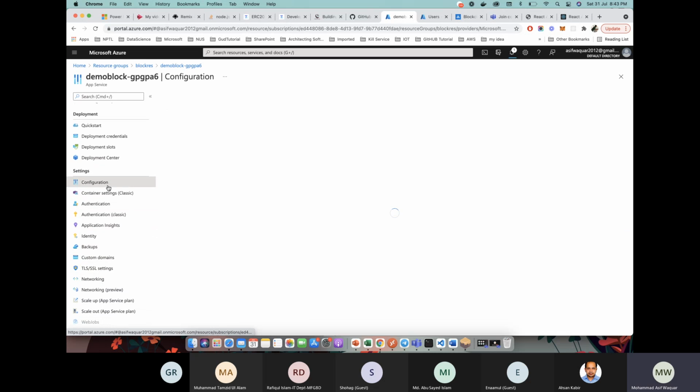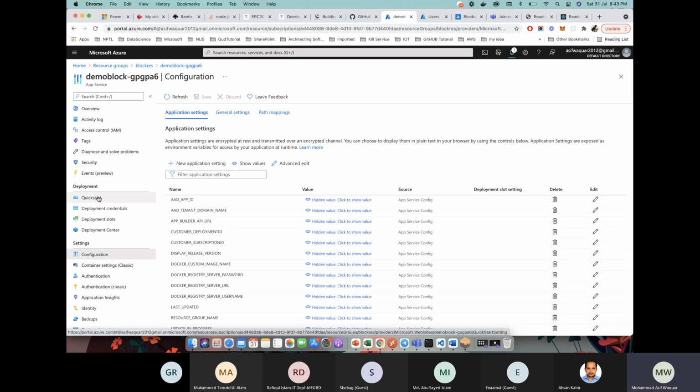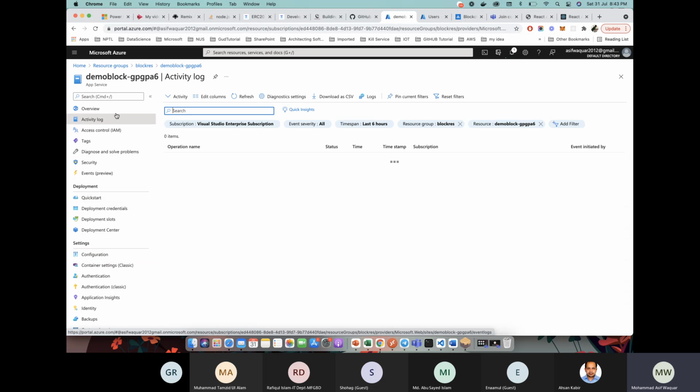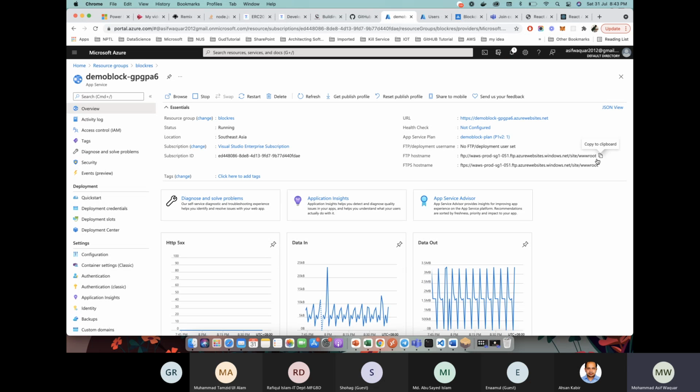Actually, because they have discontinued the quorum, there are a lot of settings changes here. Previously, they used to show the nodes. I think now they have removed the nodes part. So we will use these FTP settings only, I think. Yeah, so this will be used for your